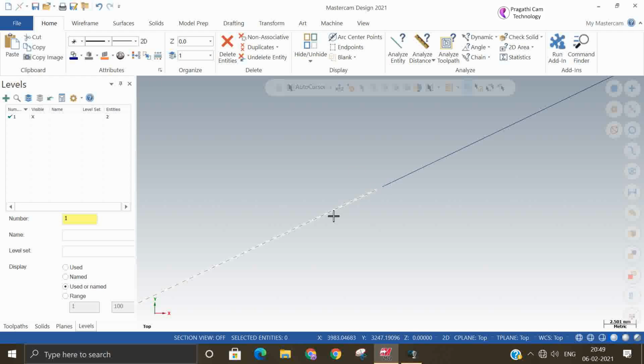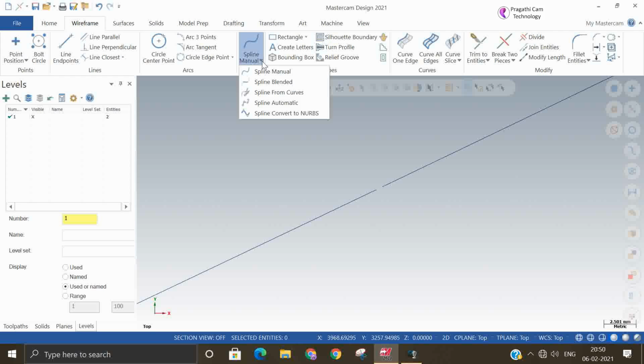If it is a line, then it is okay. But for a spline, definitely the tangent of the first curve and the tangent of the second curve must join together. Then only it's a proper blending. For that reason only, this blend spline option is available.